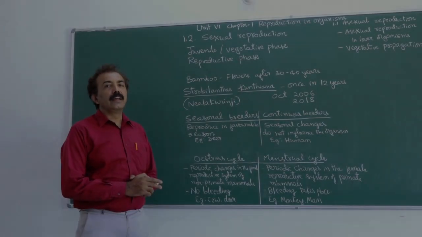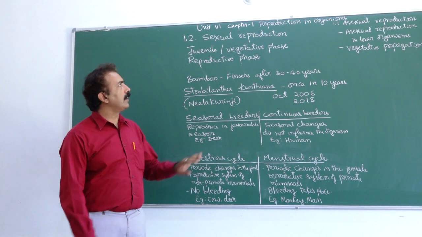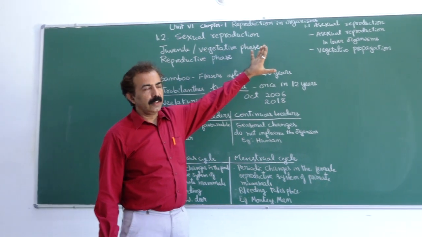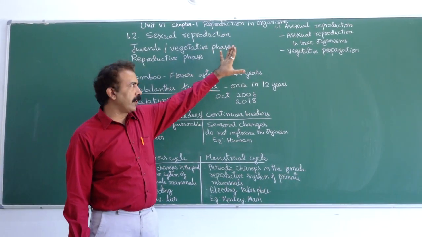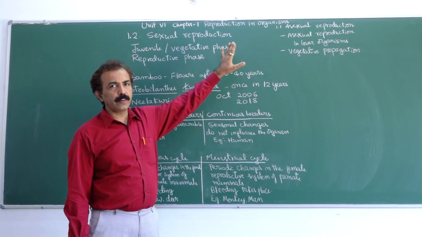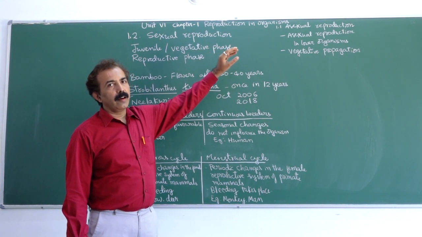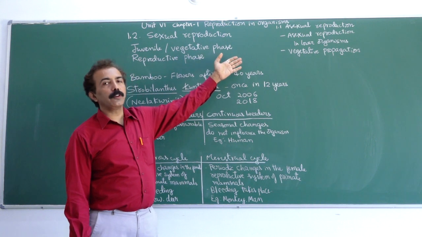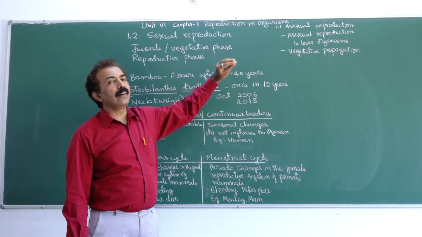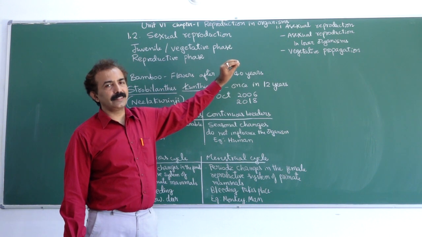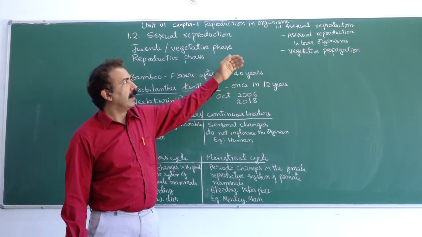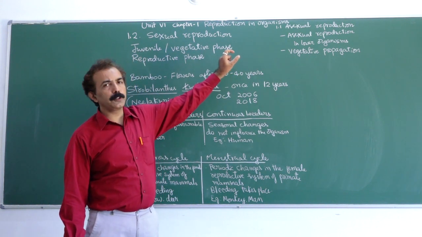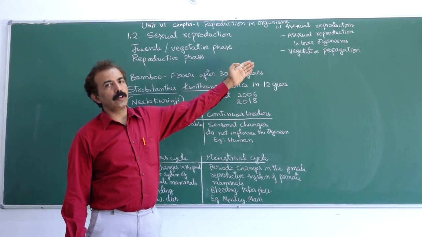Hi all. Till now, we studied in Chapter 1 about asexual reproduction. We studied that reproduction which does not involve the union of gametes, we call it asexual reproduction. Before that, we studied concepts like what is lifespan, why do organisms have to reproduce. We studied examples dealing with various organisms and their lifespan. We discussed various examples of lower organisms which reproduce by asexual method, and we also listed a good number of